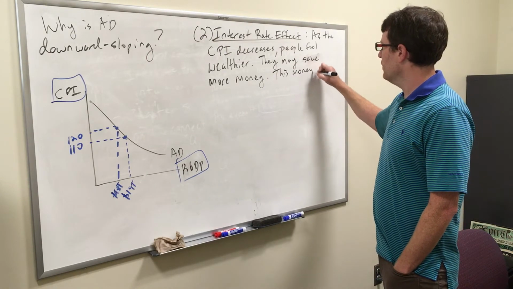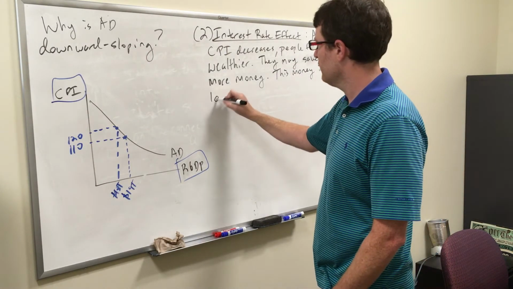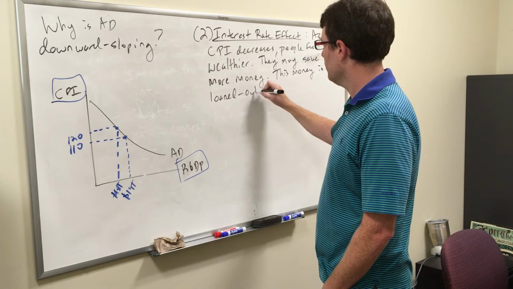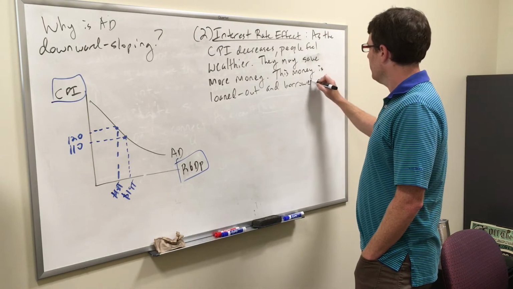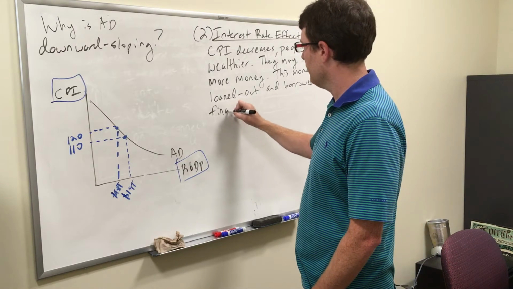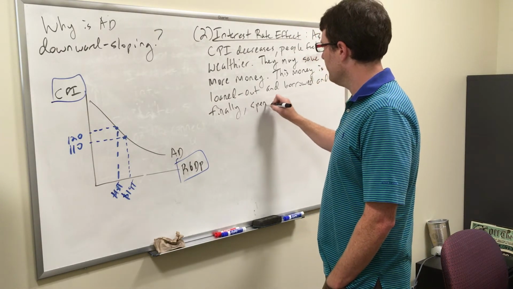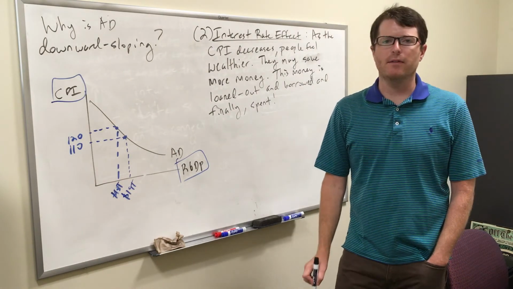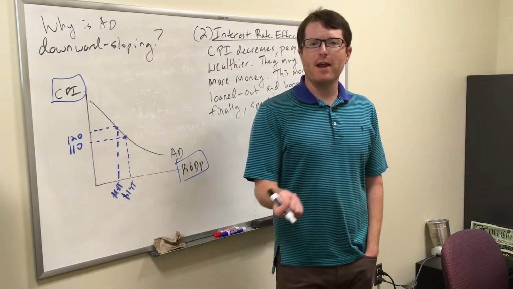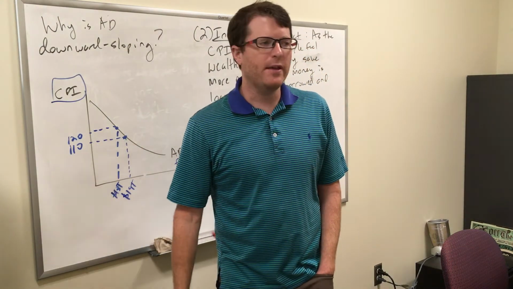So this money is loaned out and borrowed, and finally spent. And that's what happens to your money you put in the bank. Most of it is spent. Okay? So if I take $5,000 and I put it in a checking account, the bank's going to loan out